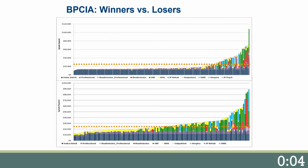And why was that? Well, the blue and purple that you see that's fairly fixed across the bottom of both graphs represents the inpatient index admission as well as the professional fees, which are largely unchanged. Where there is a difference is in the post-acute care. The bottom graph shows that there is yellow for almost every patient, which represents their use of home health on almost every patient. And as well, for about half of patients, the use of a skilled nursing facility is depicted by the green bars. So immediately, you can see where that post-acute care network and utilization thereof becomes very important in success in these